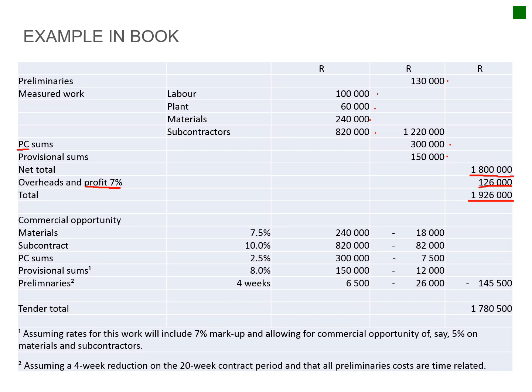But now if you go and look at it a little bit more in depth, you can actually see, okay, materials, I can maybe try and squeeze the suppliers and get off about 7.5% of material, so I've got a bit of a saving there. My subcontractors, I can negotiate, for instance, that they take some of the risk for their work insurances, etc., perhaps, or they need to buy the material, so you can squeeze them and get their cost lower